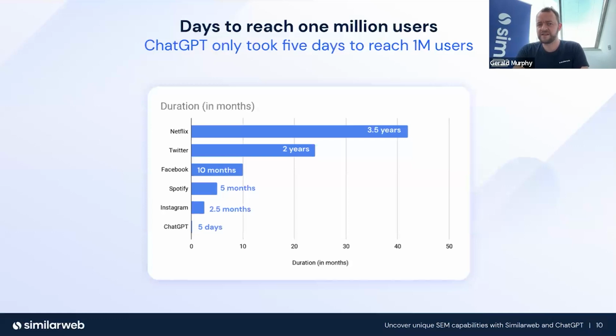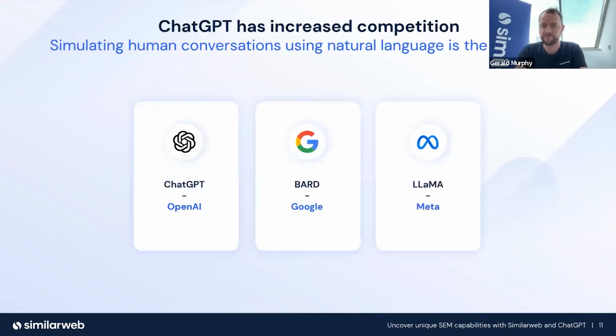So today it's all about ChatGPT, and the reason for that is the speed to market has been insane. ChatGPT has been the fastest piece of technology to reach 1 million users. It took Netflix over 3 years. It took Twitter over 2, and other social media platforms have been very fast, but they got there in months, not days. And this is one of the reasons why ChatGPT is a massive buzzword in all industries.